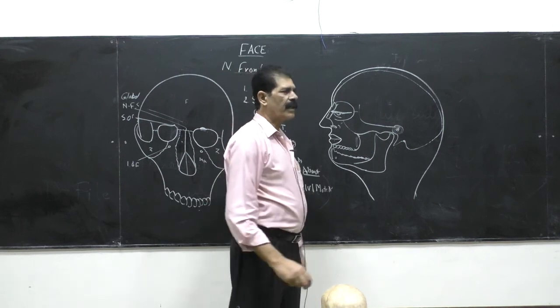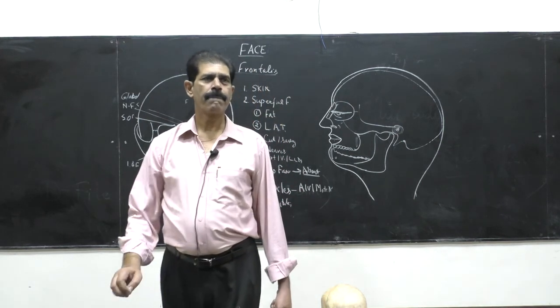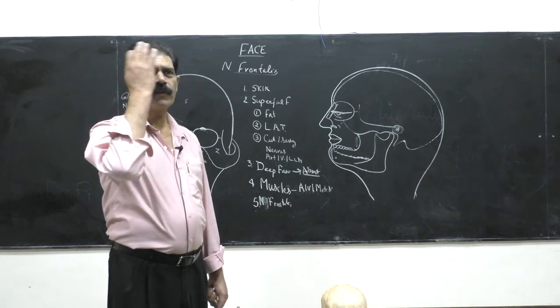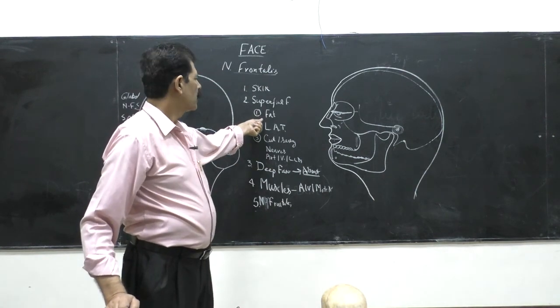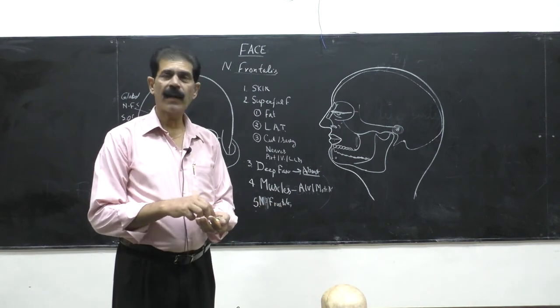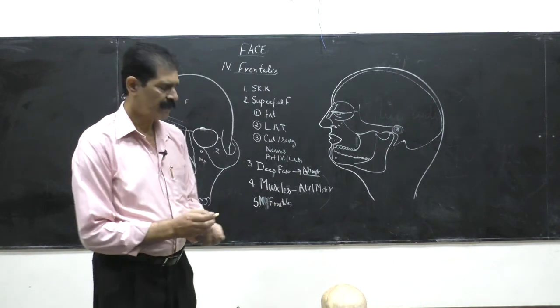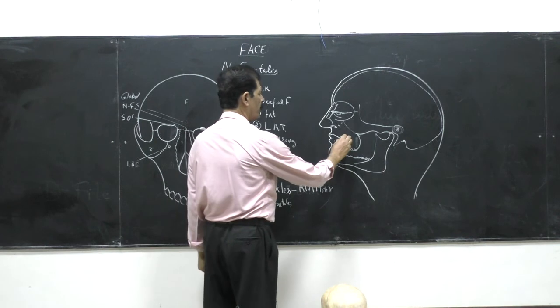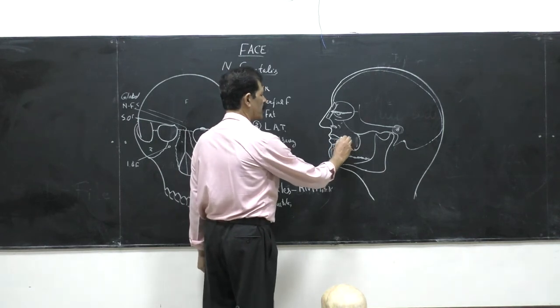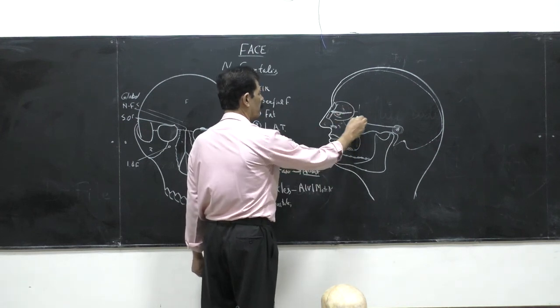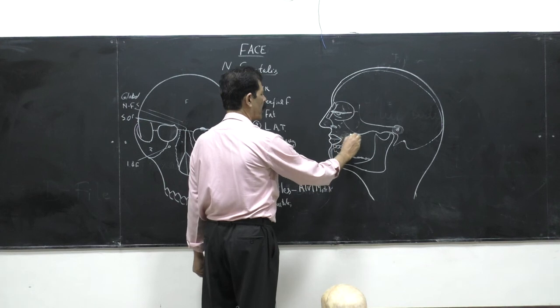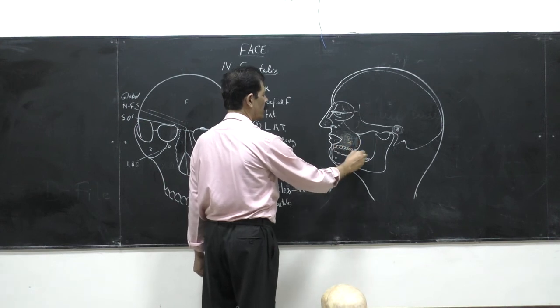So this is the face seen from the side view. So first we remove the skin of the face. Below the skin, what do we find? Fat, yellow color. But in some regions this fat is more. In the superficial fascia, it is very large near the angle of the mouth. But fat is present everywhere. But it is maximum near the angle of the mouth and more in children.